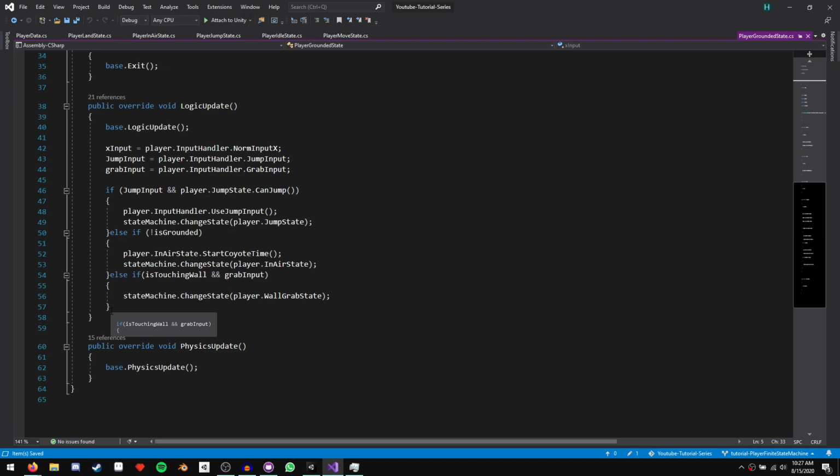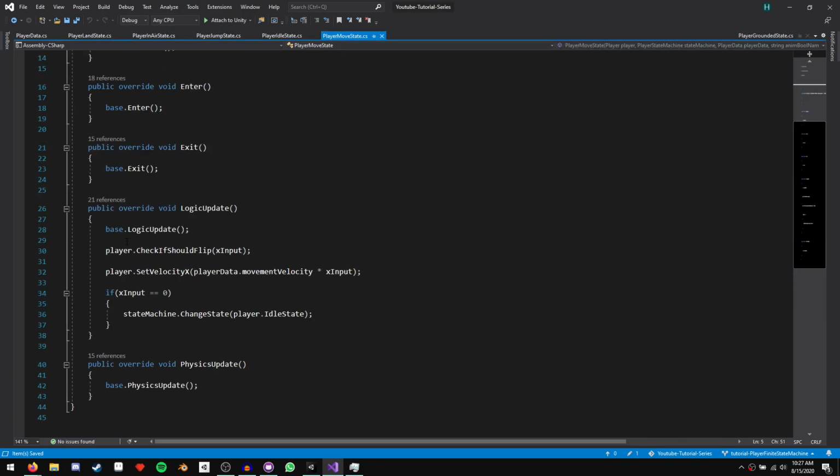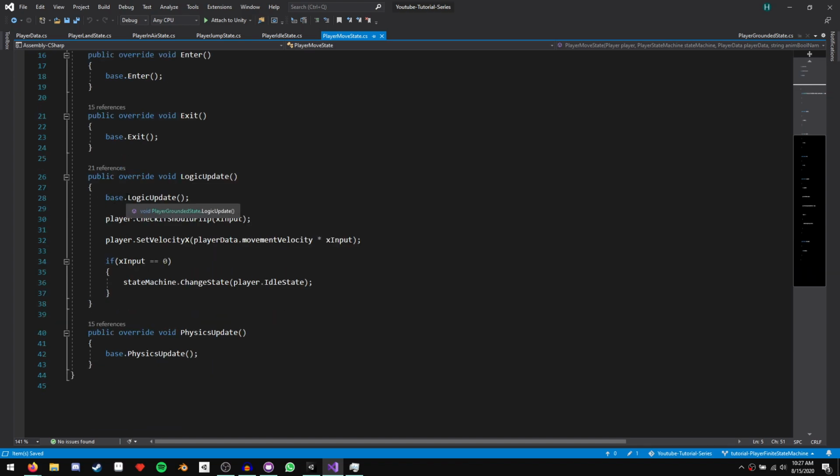But then before we're officially in the new state, we're going to come back to player move state because we just called this base.logicUpdate, and we're going to run this code. So now what could potentially happen is this condition is met, and so we change to the idle state instead of actually changing to the jump state. And because we change to the idle state, that means the amount of jumps that we have left gets reset because we're technically transitioning to a grounded state. But because we did transition to our jump state and the enter function sets our y velocity, we still get the jump. So now how do we fix this?